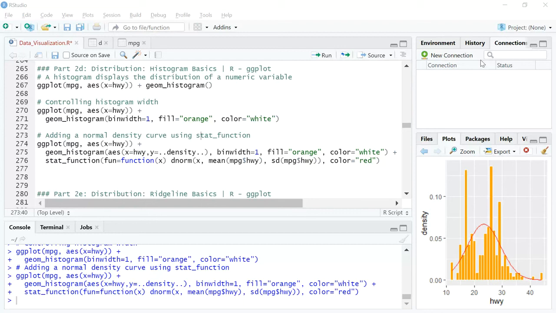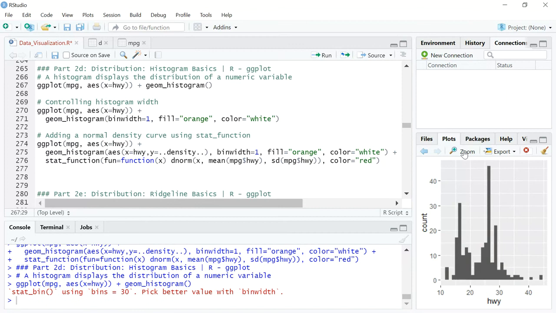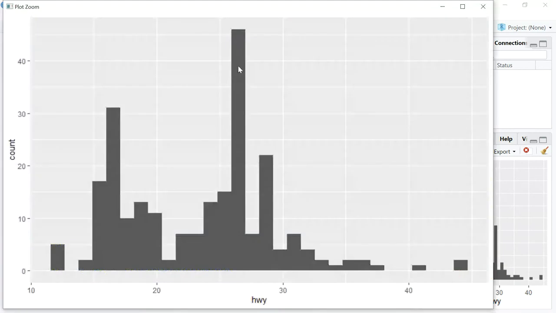In this particular video, we're going to look at how to create a plain vanilla histogram, and we'll just try and play around with some of the subtle aspects of that histogram. So let's get started. So on line number 267, you have the most plain vanilla histogram plot ever made. I'll just show it to you.